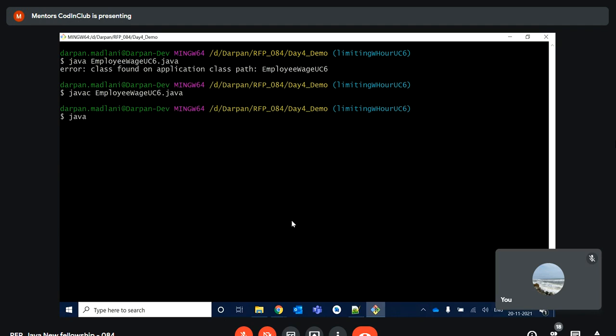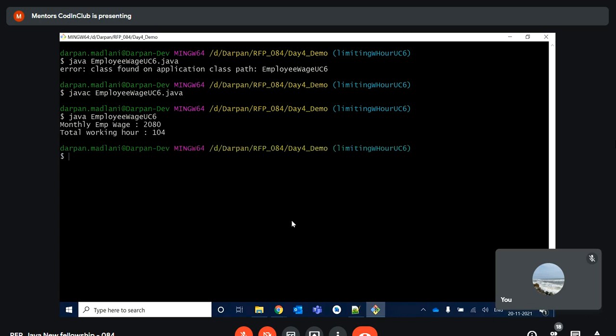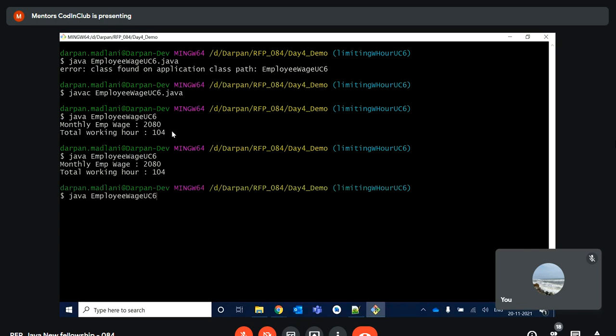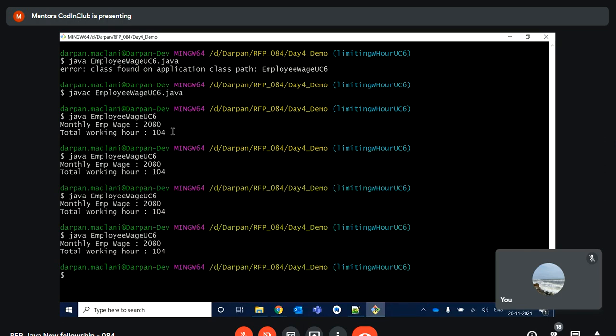Compilation is successful, and with the java command, let's execute it. Total monthly employee wage is 2080 and total working hour is 104. I think it is coming to 104 every time.